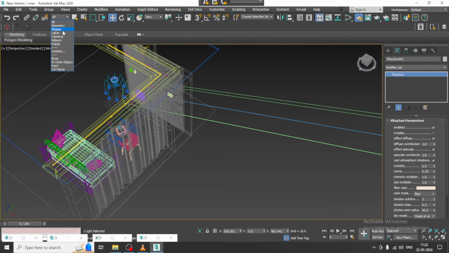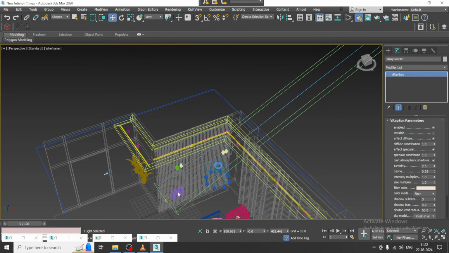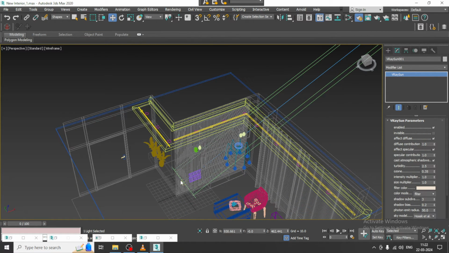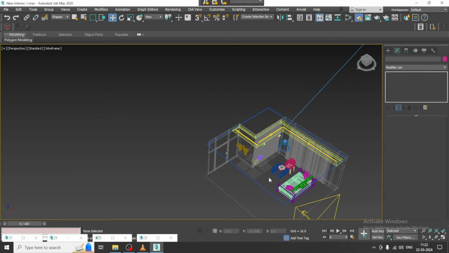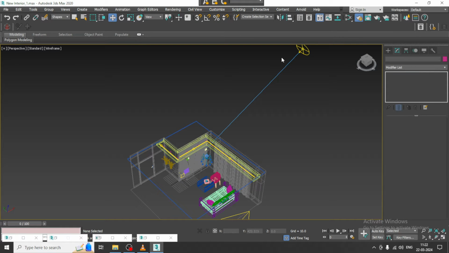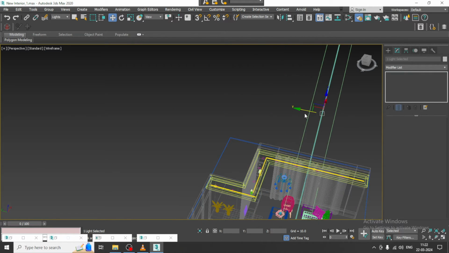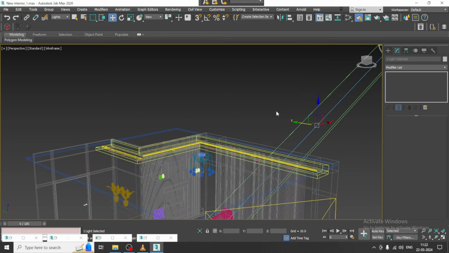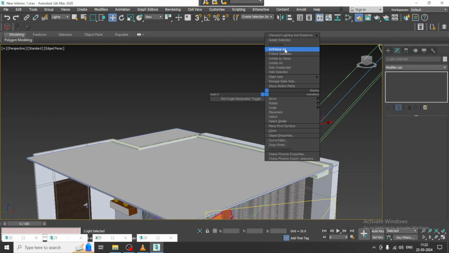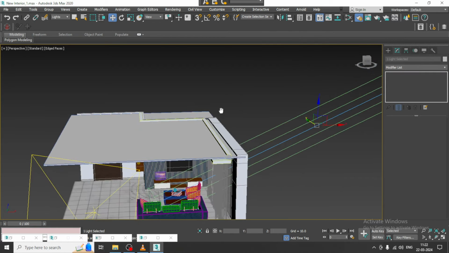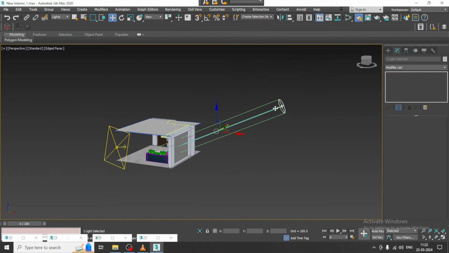So I'll go over here, I'll just select this light, and shuffle this over here. I'll just unisolate this. Okay, it's not isolated. So select this light